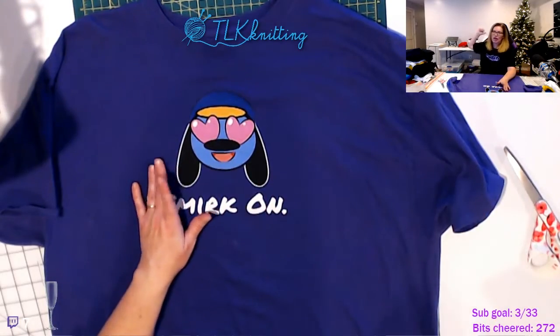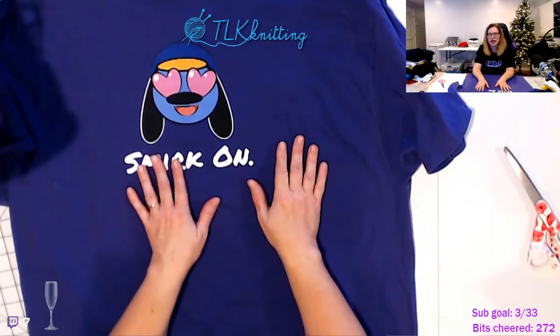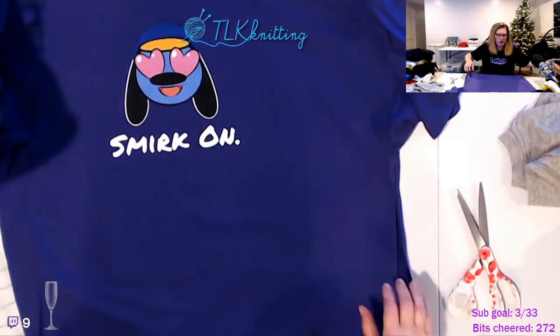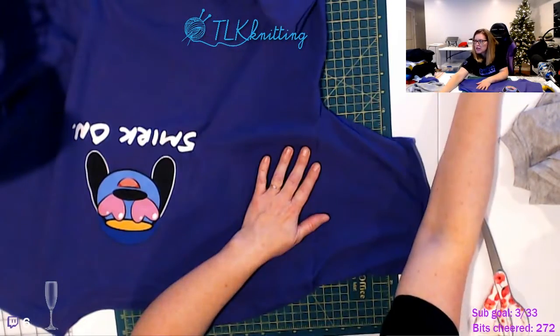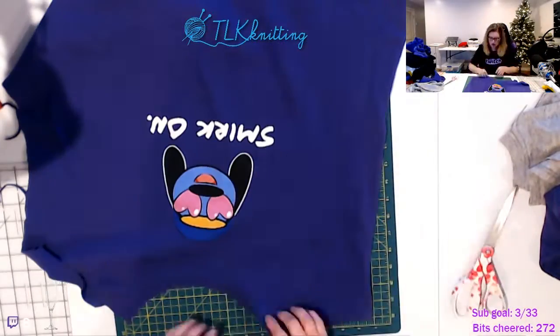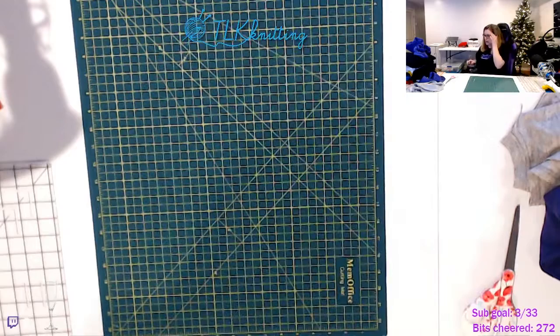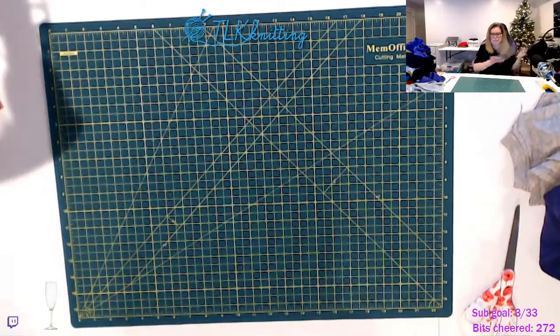And I can even just hang my quilt up in the back too as a decoration. I guess too for quilts, if you're going to hang it up, you can have little loops to hang it on a rod. Okay, so now that that's all done, what I'm going to do now is for the fusing,